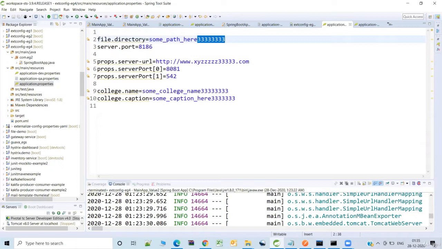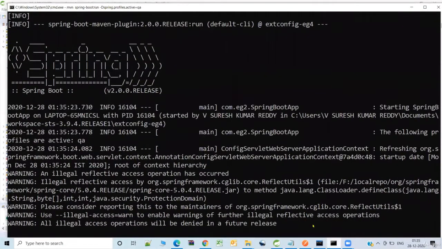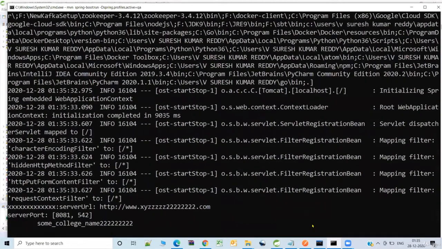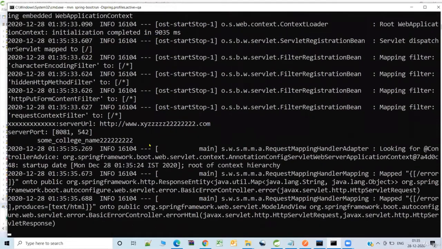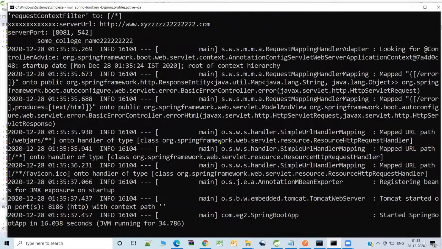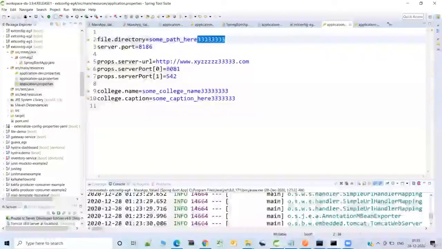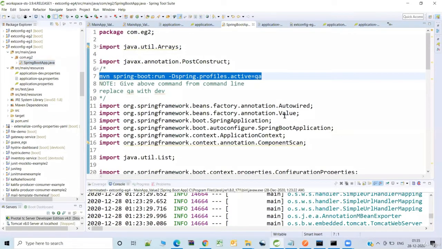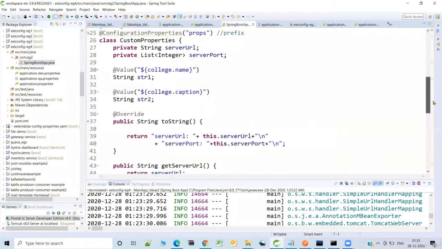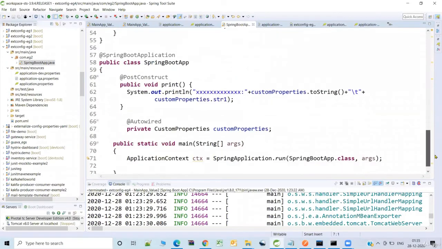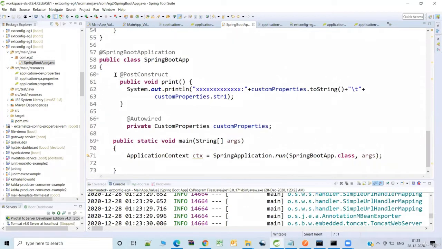Now, since the QA profile is selected, I'm expecting those 222 values, that suffix 1 is there. So I'm expecting that to be loaded. As you see here, that is being loaded. Why it is printed here, we had already seen in the previous example, that we are loading the configuration properties and printing them in the PostConstruct.